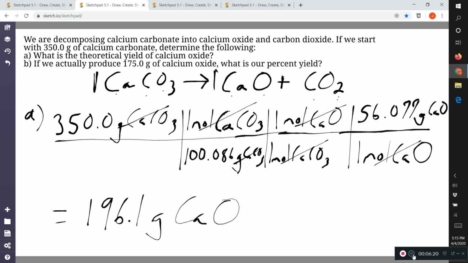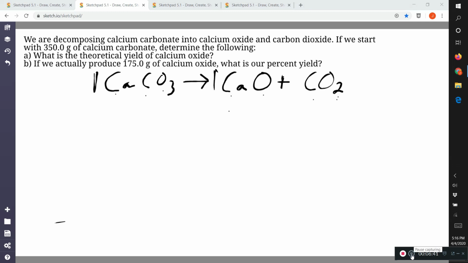Now from there, we're going to do part B. That's how much theoretically we should get of our calcium oxide. We're going to take that number and use it to figure out part B. What is our percent yield? So I'm going to clear this. So for part B,